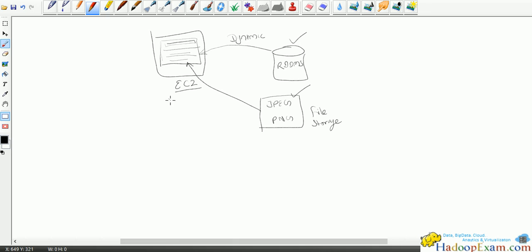EC2 instances, these are the virtual servers. So you can host your website here in the virtual servers in Amazon, and you can use their RDS instances, or S3 storage for the storage purpose. And networking, obviously you need to connect this website with the RDBMS, so this has to be part of the networking infrastructure. So let's assume this is in another subnet,